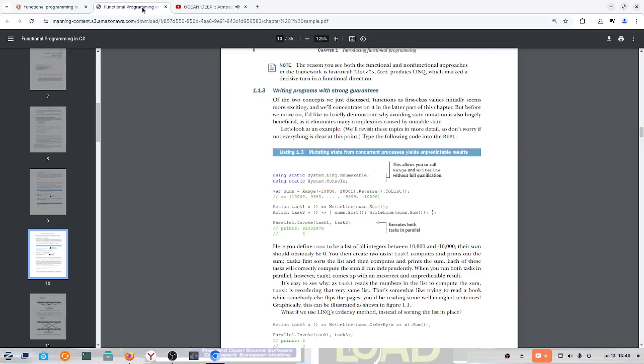See both functional and non-functional approaches in the framework is historical. List.sort predates LINQ, which marked a decisive turn in functional direction. Writing programs with strong guarantees. Of the two concepts we just discussed,